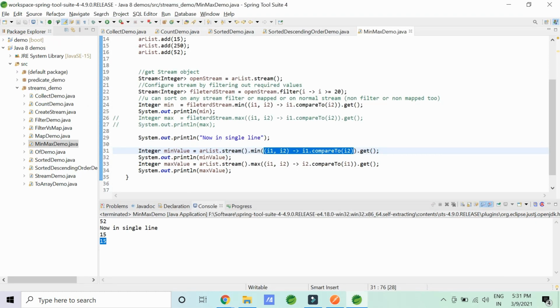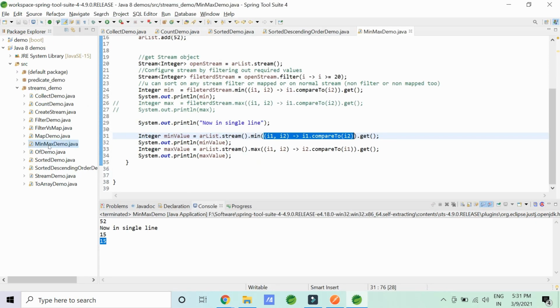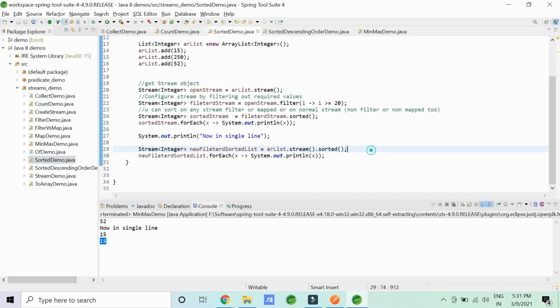So let me give you an example. In the sorted demo, we have seen this, right? I'll just give you one example here. Now, this is the forEach that I'm talking about. So what does forEach do? It takes a particular lambda expression as an input, and for each element of that particular stream or filtered stream, it applies some operation.